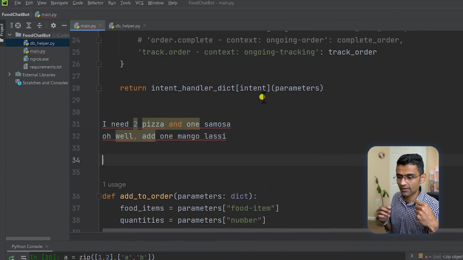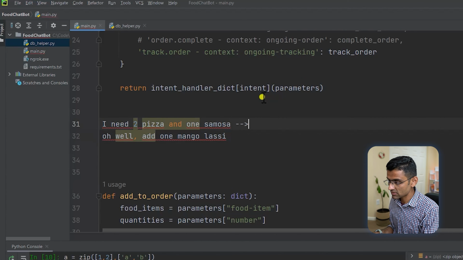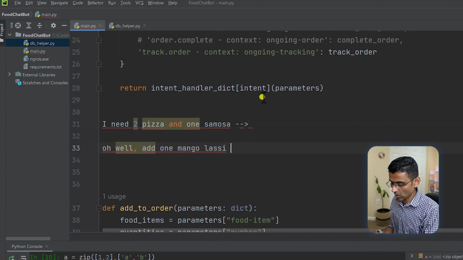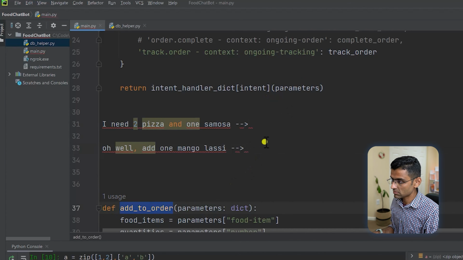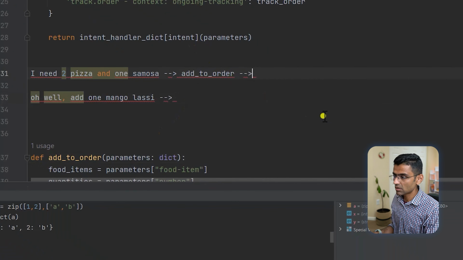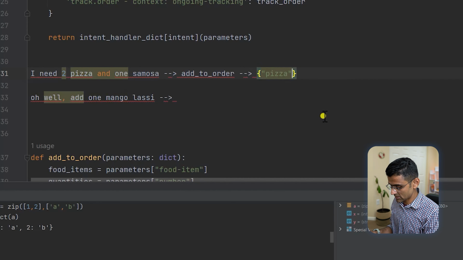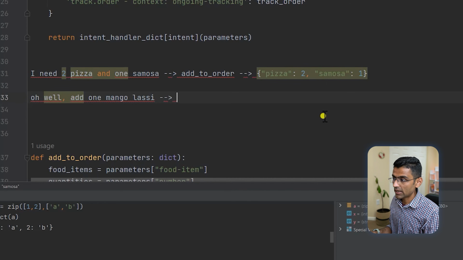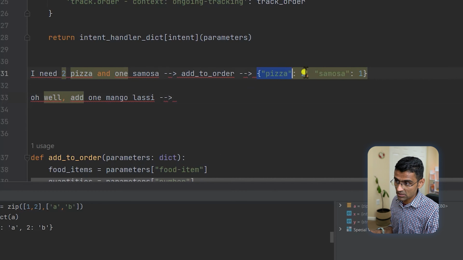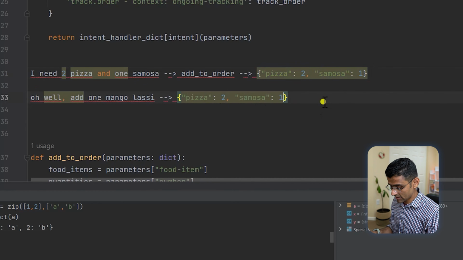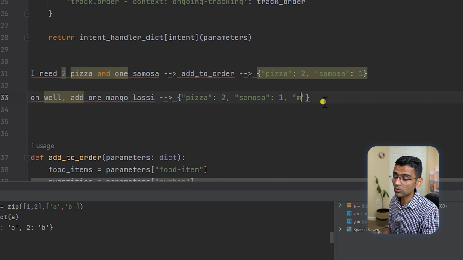They can give their wish or the items one by one. So what we need to do is when they say this, we will be making a call to our add to order function, correct? So here in this function, we need to create a dictionary somehow, which says pizza is 2 and samosa is, let's say, 1. And when you give one more item to add, it should update this dictionary and it should add mango lassi in that. It needs to remember